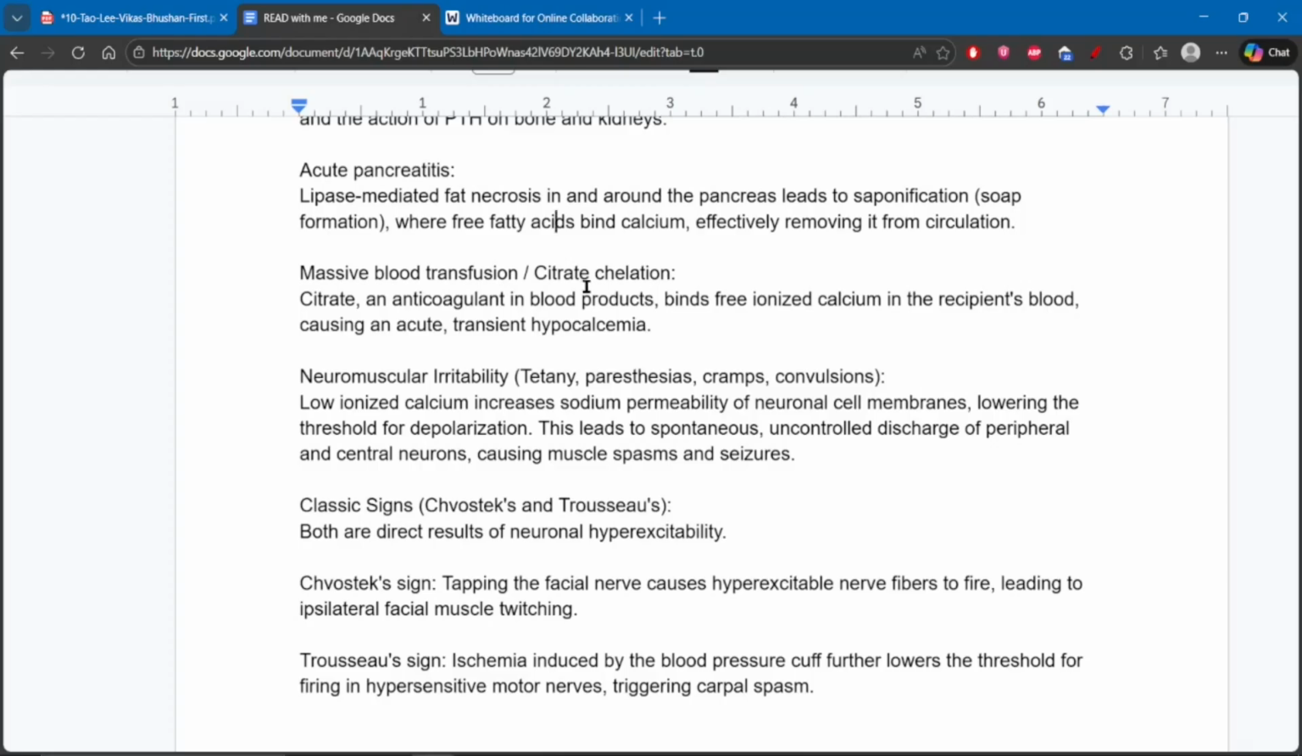Massive blood transfusion or citrate chelation. So what happens is that citrate is an anticoagulant in blood products. Blood products sit on the shelf for quite some time, so we need some anticoagulant present in them, so that the blood doesn't coagulate by itself, sitting on the shelf or in the bag. So citrate is commonly used as an anticoagulant in those blood products. What citrate does is that it binds the free ionized calcium in the recipient's blood, causing an acute transient